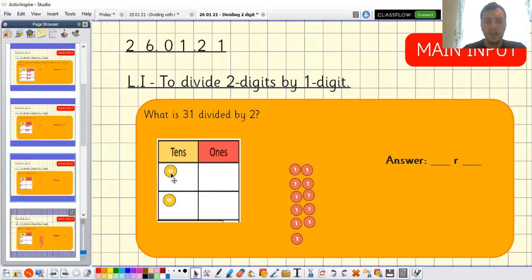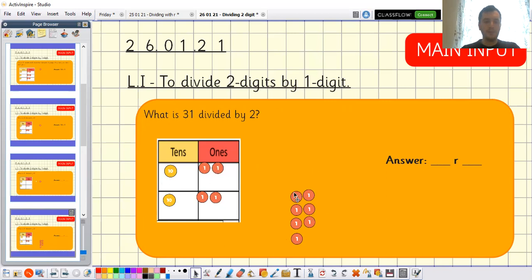I've still got my 10s in this grid. I now have 10 extra ones. I had 1 before. If I jump back, I had 1 1. I should now have 11 ones because I have 10 extra. And I can share those between my ones groups. So 1 in each group,